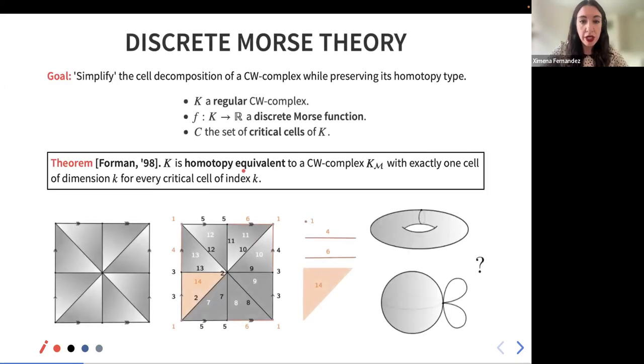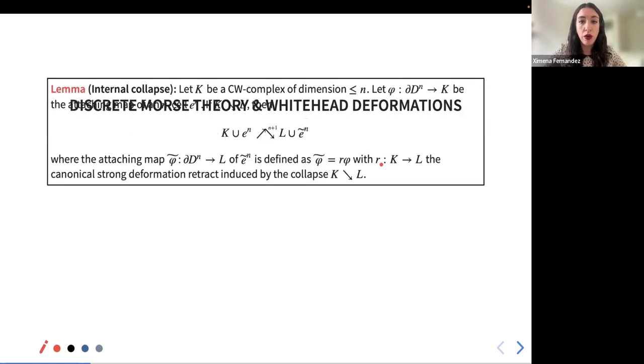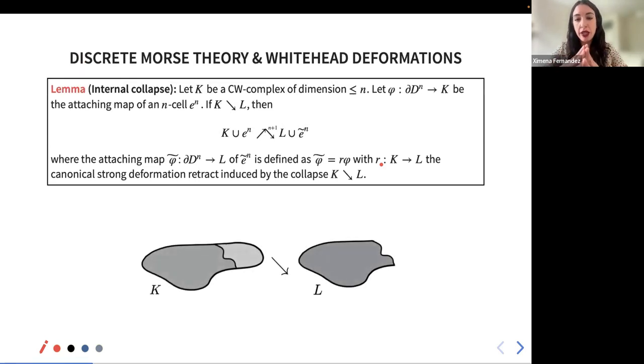But the problem is that I was interested in two things. First thing is to really construct and describe this complex, and also I was interested in the description of the kind of homotopy equivalence that connects this original complex K with this new complex Km. So the main idea is to connect the notion of collapsibility and the theory